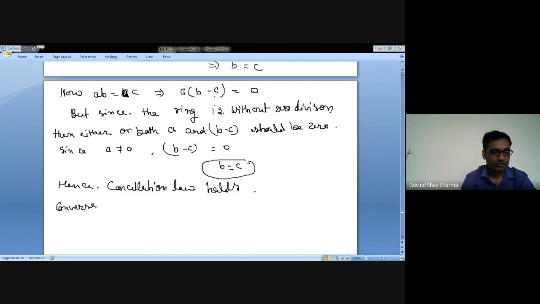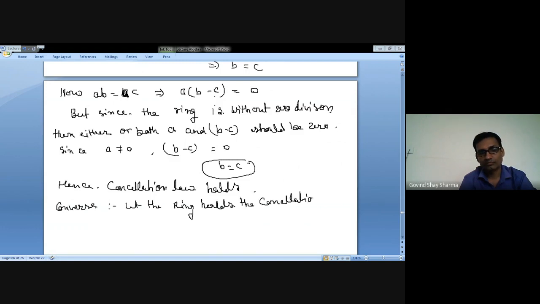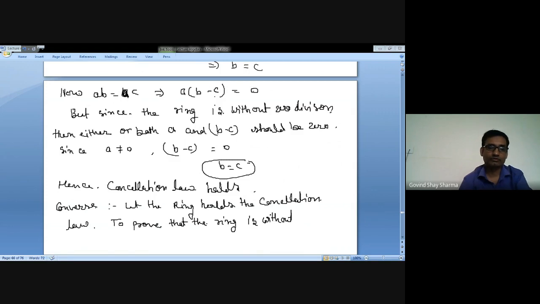Converse. Let the ring hold the cancellation law. To prove that the ring is without zero divisor,